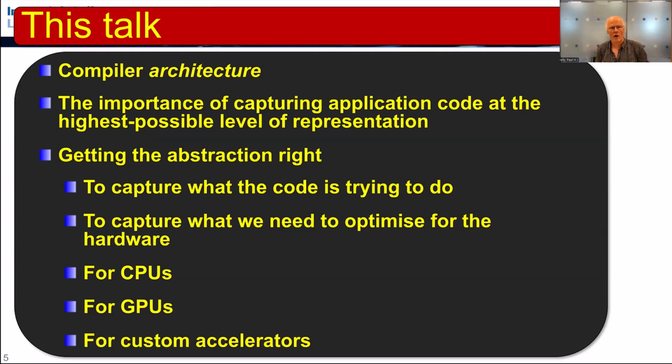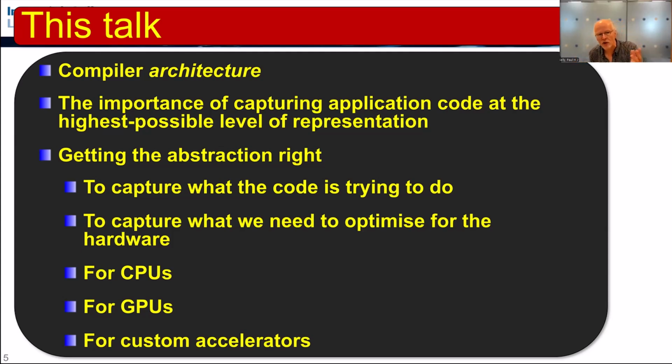Through some examples and a little bit on some of the technology that might support you in compiler architecture. And I'm picking the title because it's slightly underappreciated. If you read a classical compiler textbook, the design of the intermediate representation in the compiler is important and is discussed. When you're looking at domain-specific compiler architecture, it becomes the most important thing.